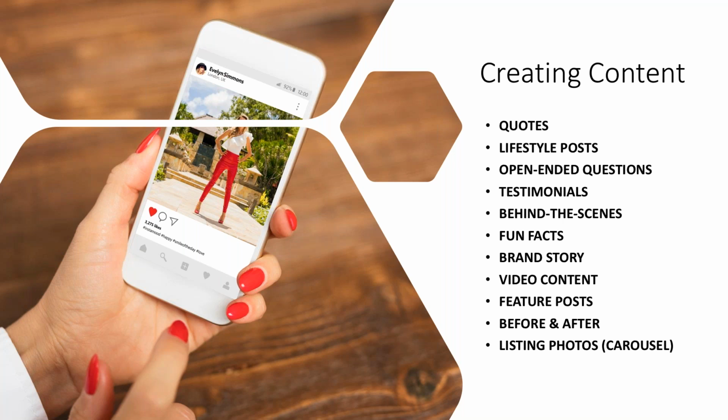Open-ended questions, great opportunity for you guys to maybe post an example of a home or a backyard that looks like it could use a little love, and just ask your audience, hey, what would you do to increase the quality of this backyard? What would you do to spruce it up? Again, you're encouraging and promoting people to engage with your content, so it's not just about ghosting and posting and ghosting and then just disappearing. Ask open-ended questions to encourage those people to engage with you when it comes to your content.